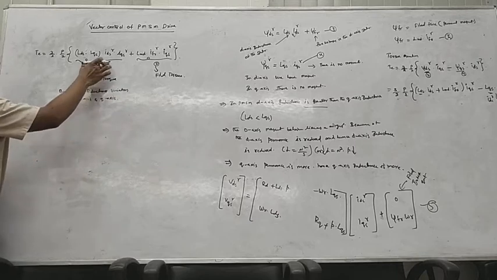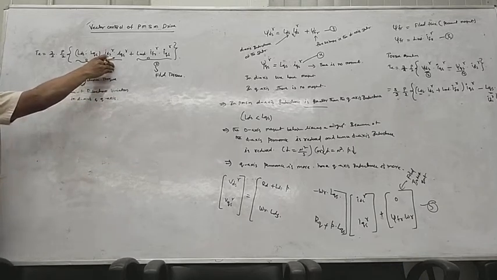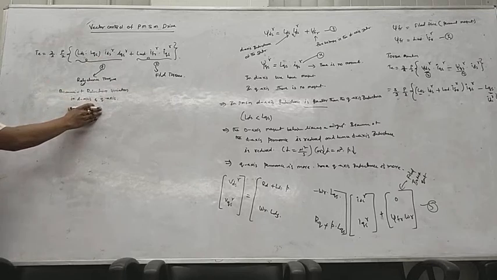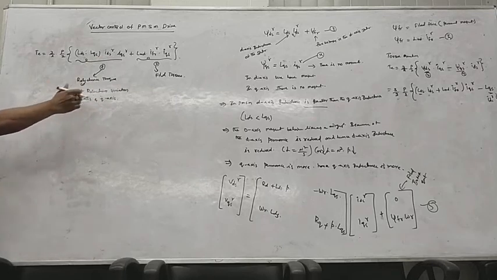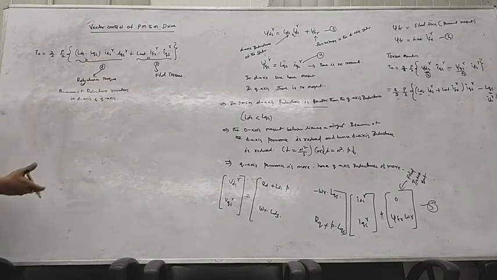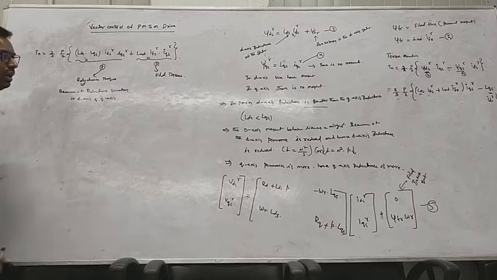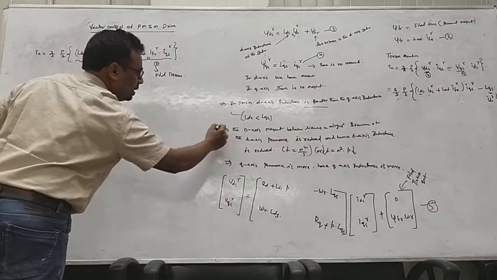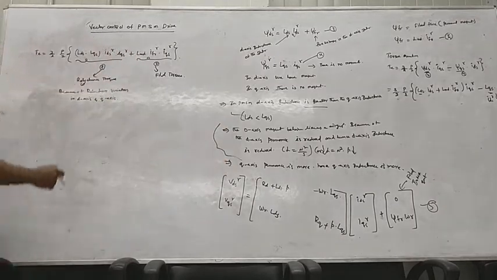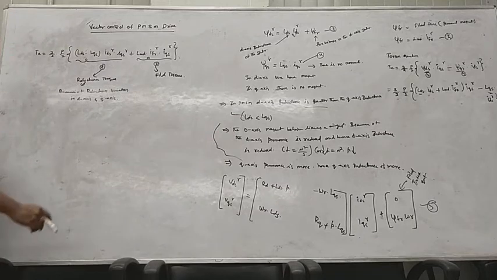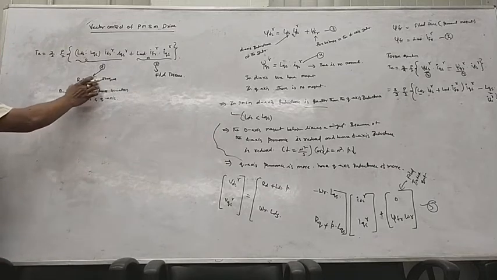This reluctance torque is present because of the reluctance variation between the D axis and the Q axis. As I already informed you, in the D axis we have a magnet and in the Q axis there is no magnet. So in a permanent magnet synchronous motor drive, the D axis inductance is smaller than the Q axis inductance. So LDS is less than LQS. The explanation for why LDS is less than LQS I have already given. Similarly here, because of the reluctance variation between the D axis and Q axis, this reluctance torque exists.